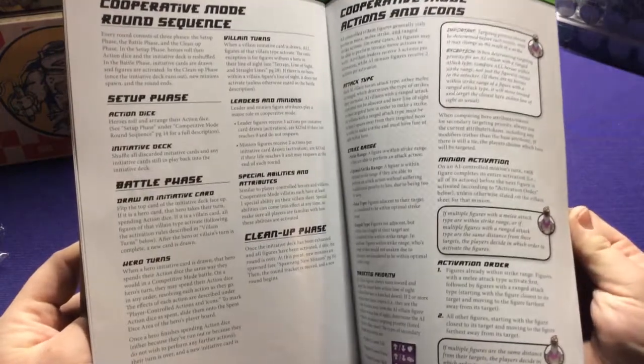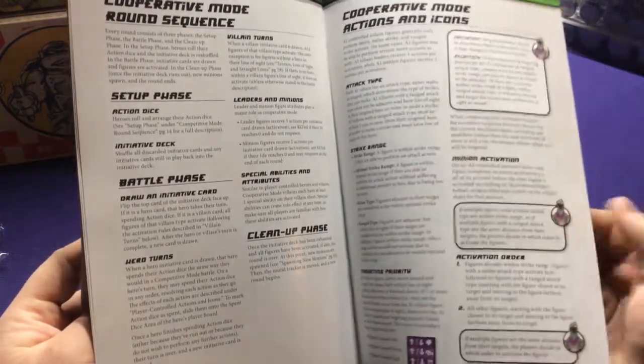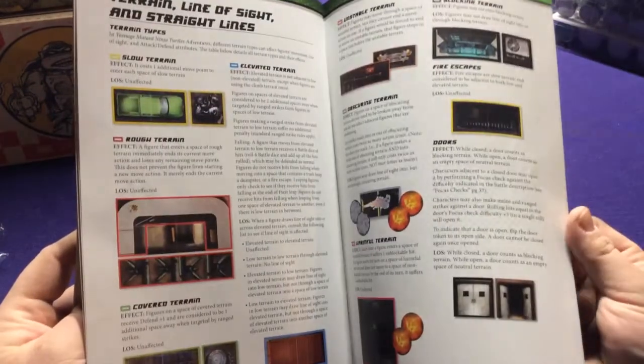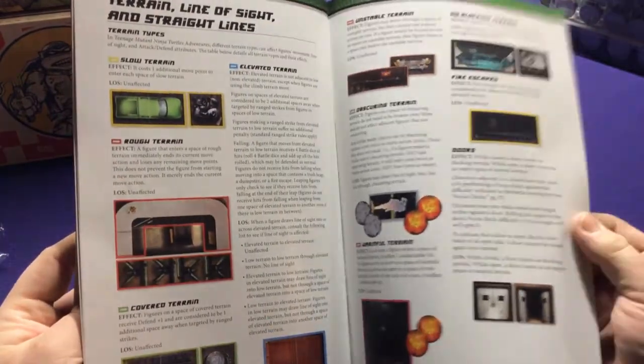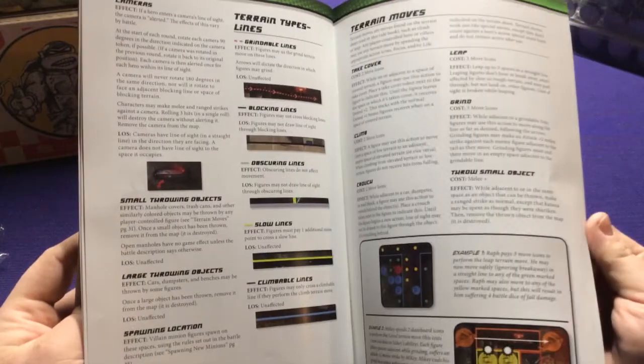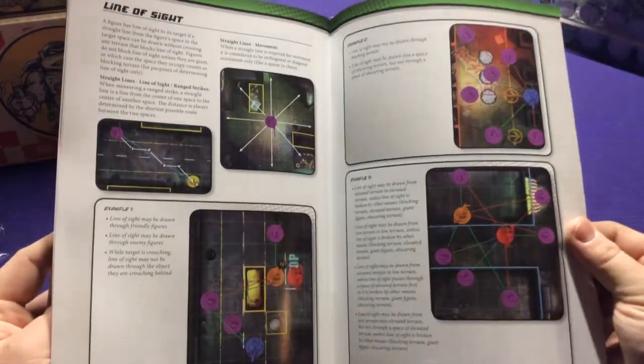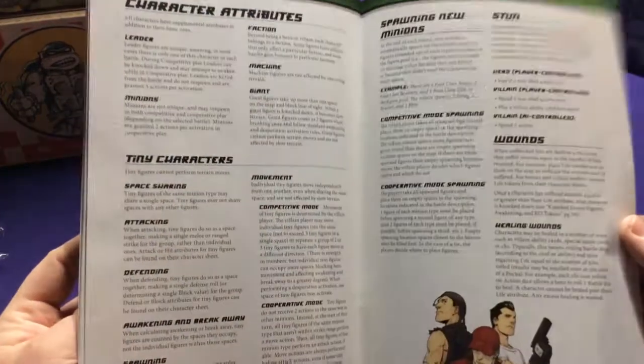of taking the pre-existing instructions, giving them more pages to actually expand out. Here's how co-op works, here's how your attacking works, here's how your different terrain works. Here's a lot more on line of sight. And even after all of this,